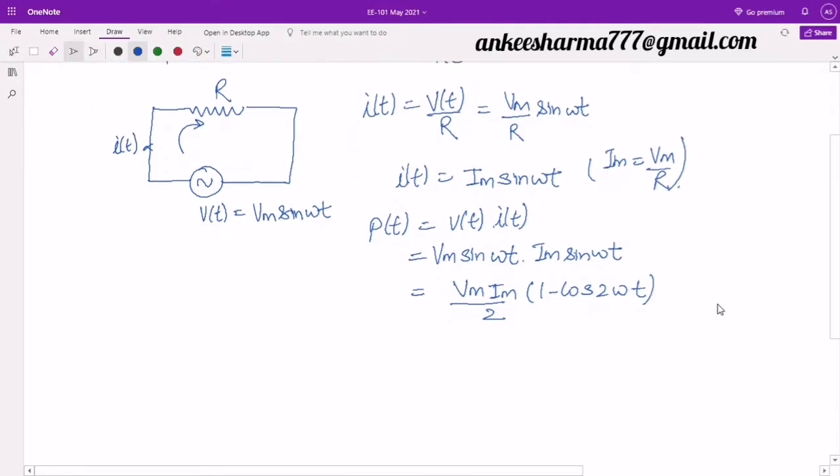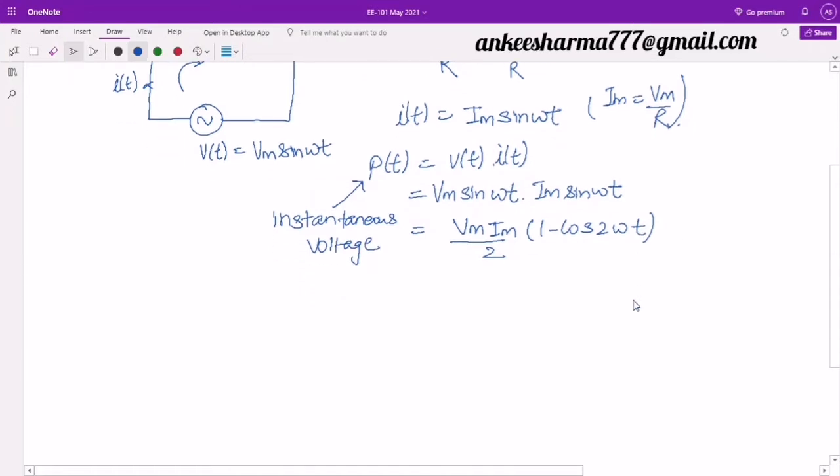Now whatever the voltage that we have found here, it is the instantaneous voltage, because I am calculating it at a particular instant of time. So I will call this voltage as instantaneous voltage. Instantaneous voltage is a particular voltage which is present at a particular instant of time, but we mostly use average voltage in the case of our AC signal. So next I will take the case of an average voltage.